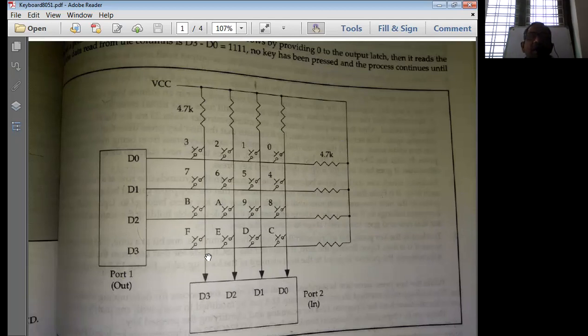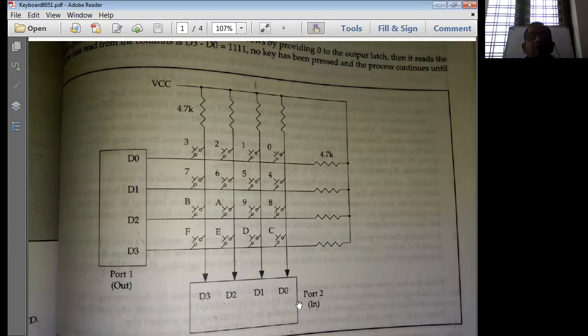That means the D0 to D3 pins are directly connected to VCC, so they have the value 1, which is high. Initially, the rows are zeros because they are connected to ground.